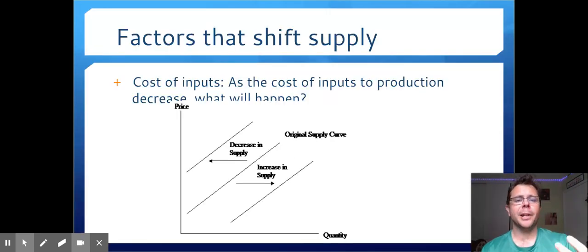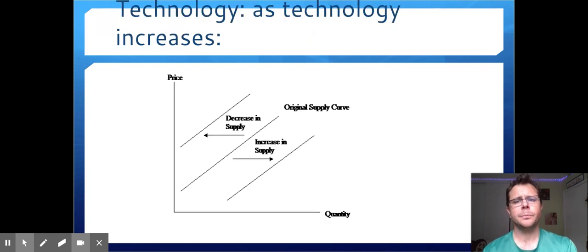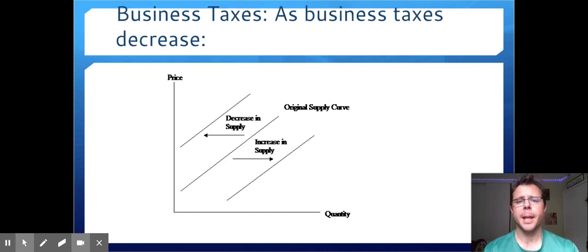For supply, the factors that shift supply are things like, remember, the cost of inputs. How much is it going to cost people to make? If it costs them less to make, then they'll want to produce more. If it costs them more to make, they'll want to produce less. We also remember technology. As technology increases, the willingness and the ability of suppliers to make stuff increases, so they'll be making more than they did before. And of course, business taxes. If the government decides to put a delay on taxes for 90 days or 60 days, as they have done, or if they give businesses support, then businesses may be more likely to pay their employees or to invest in their businesses.